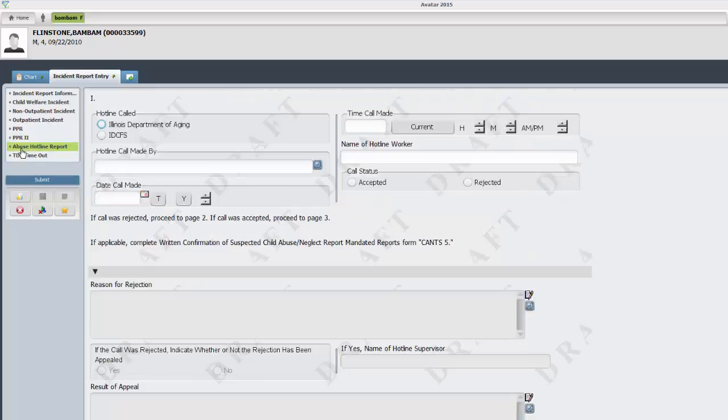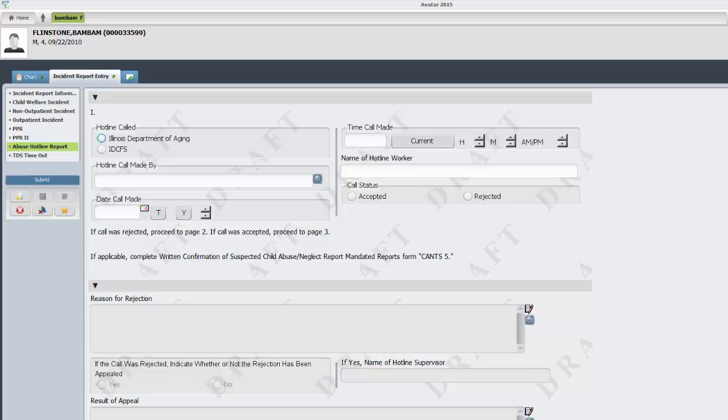If the incident required a report to the Illinois Department on Aging for an elder abuse report, the Illinois Department of Children and Family Services for child, IODC. IOG would also be reported for someone who was disabled. This form and this section of the form follows exactly the procedure that you would go through if you were